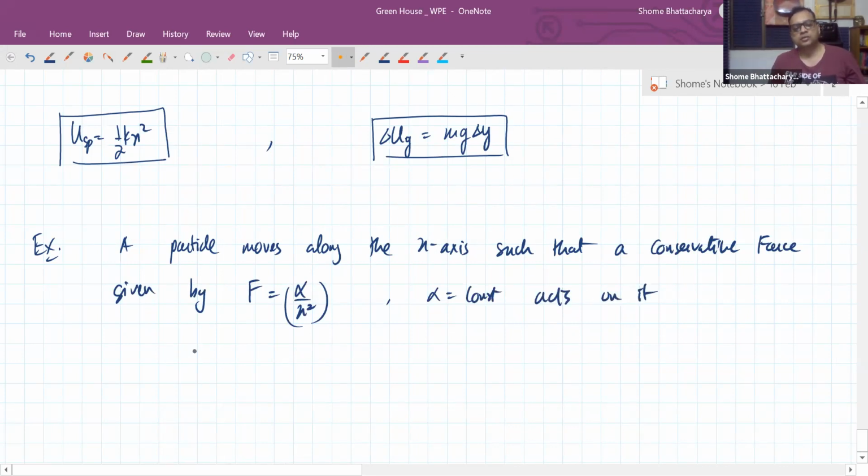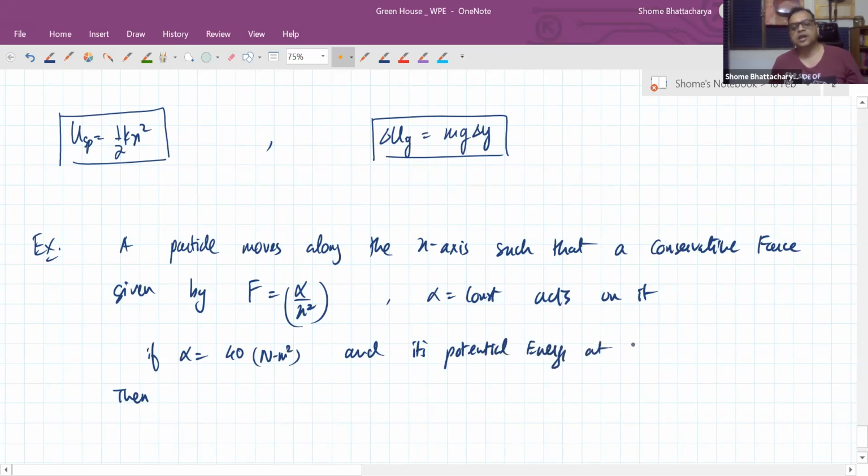If alpha is equal to, let us say, 40 Newton meters square, and its potential energy at x equal to 1 meter is 50 joules, then